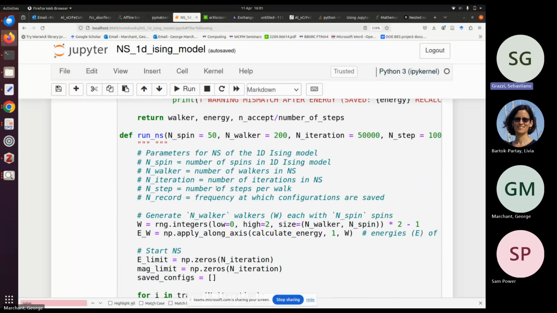Then we want to choose a number of walkers that we're going to be sampling with. Essentially, the number of walkers that you choose is analogous with the resolution. The higher number of walkers you choose, the higher the resolution of your sampling. It's going to take longer, but ultimately your thermal averages will be more accurate. And then we also want to choose how many